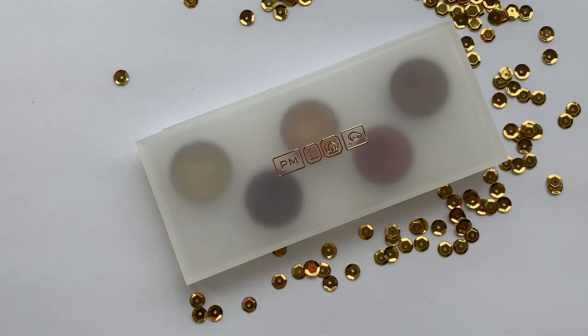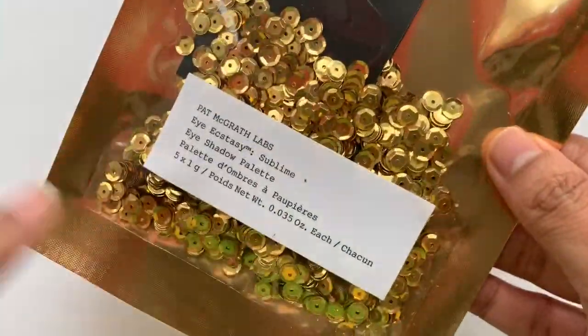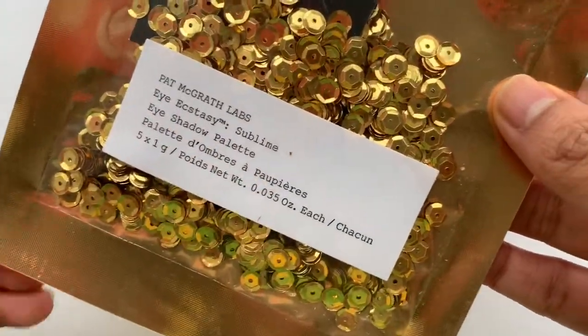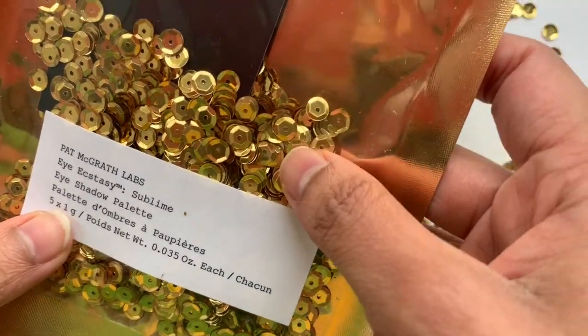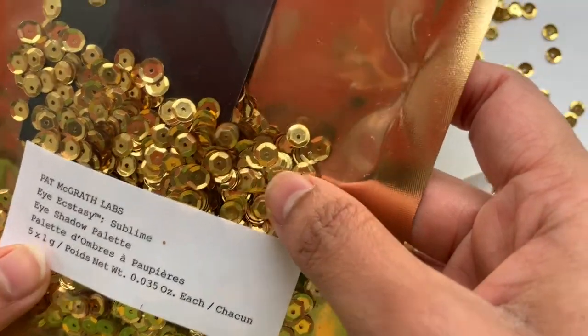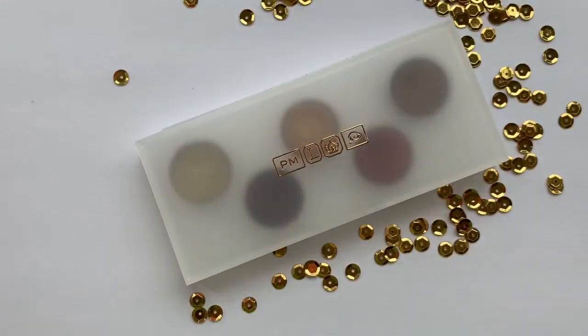So this palette basically comes in this bag, which has a lot of sequins in it. The Eye Ecstasy comes in two variations, one is Sublime, and the other one I don't remember the name. That one had more colorful shades, and I decided to pick this one up because this was more of an everyday palette versus the other one. And I thought, okay, if I'm paying for Pat McGrath, I might as well buy something I can use